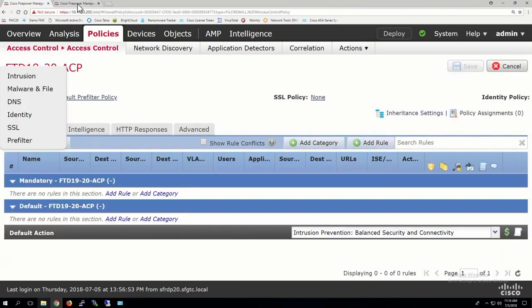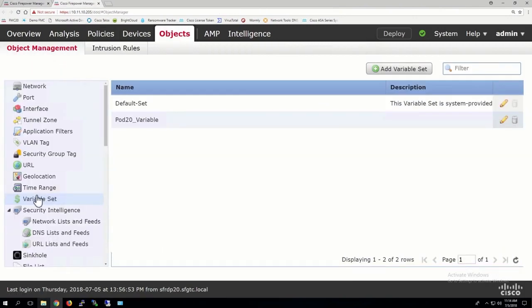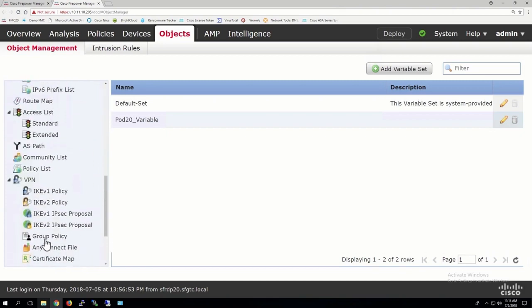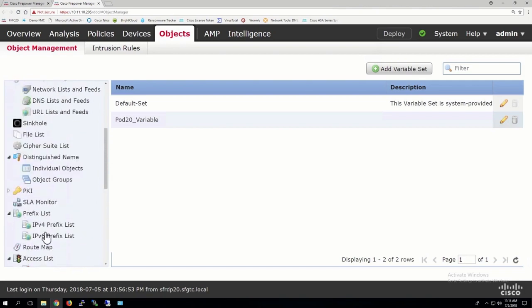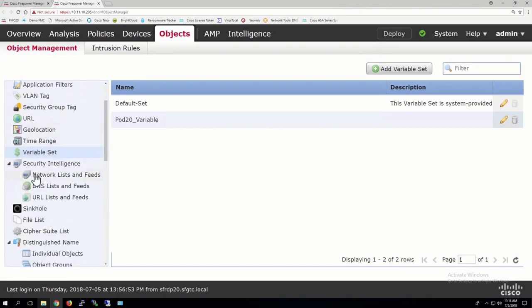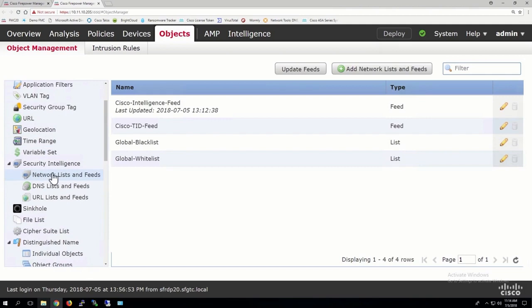Okay, so in this case here, the variable set, be careful. What's the rule of thumb? When in doubt, leave it alone. But if you can get your enterprise object made correctly, then you can be more efficient, especially for home net. Just a couple more things I want to cover in this section. And a lot of this other stuff we'll cover in new sections that will be coming up with policies and so on. Now, we have 3 different types of security intelligence.